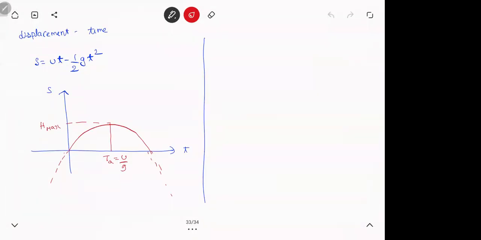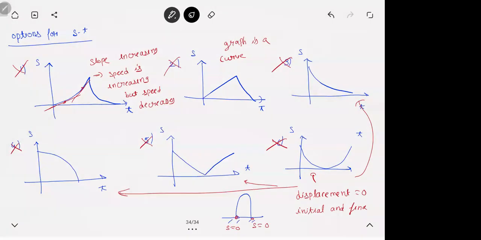Right now, see, if you look at here also, look at the slope here. So it is positive, positive, 0, negative, negative, no? The speed is decreasing. First it becomes 0 and then becomes negative. Here, look, the slope is first increasing. Then speed is increasing. Doesn't make sense, isn't it? That's why the first option is wrong. Out of all the 6 options, the first option is the most dangerous one. You can't eliminate it by seeing. If you see 2, 3, 4, 5, 6, they got eliminated very easily. But 1, you need to really think.